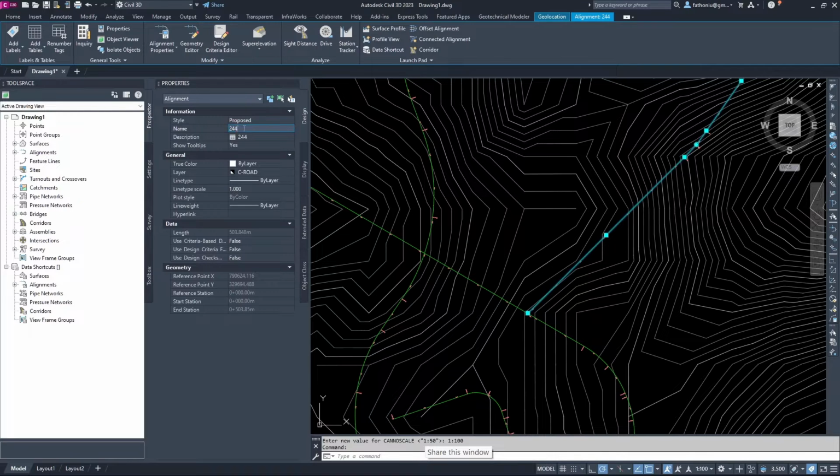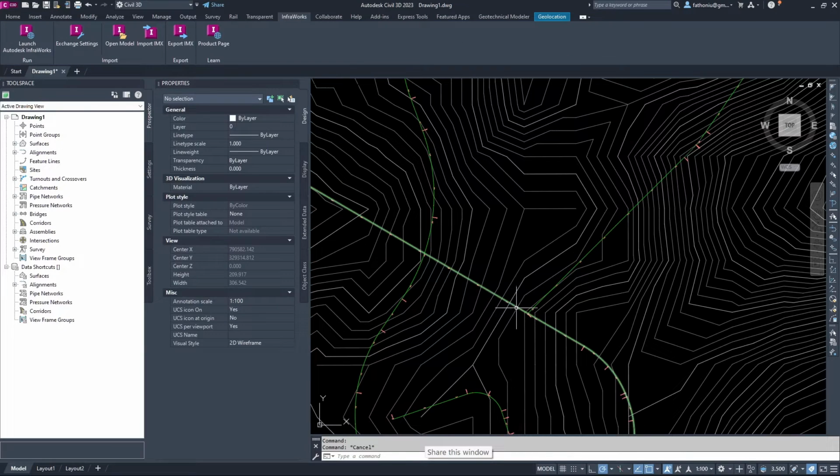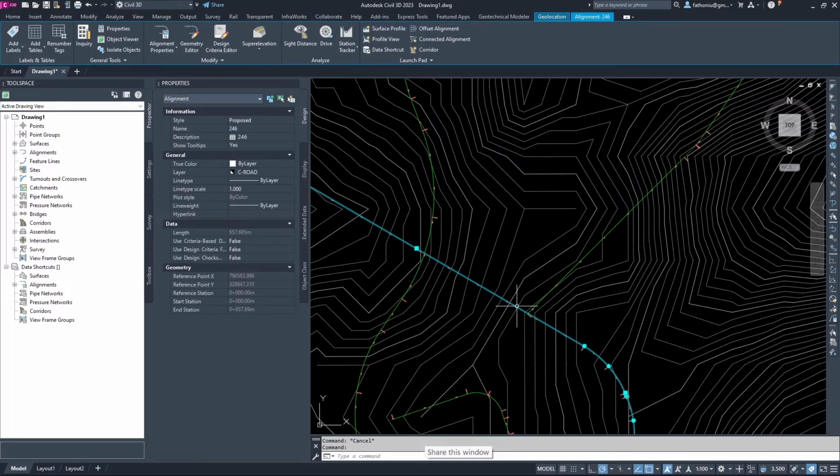We can edit the name of this one, but this one is road number 244. You can also change this one, whether it is basic, existing, or proposed. Okay, maintain it, and then escape to end the process, and then 246. So we want to start with creating the intersection at this point. Okay.